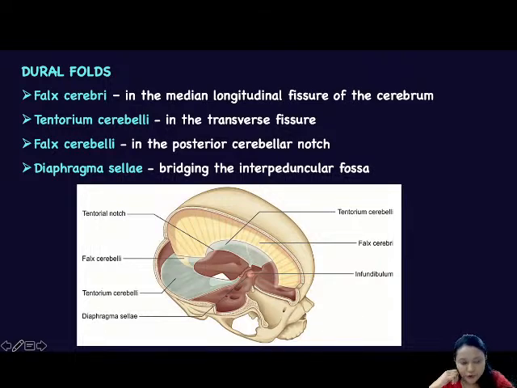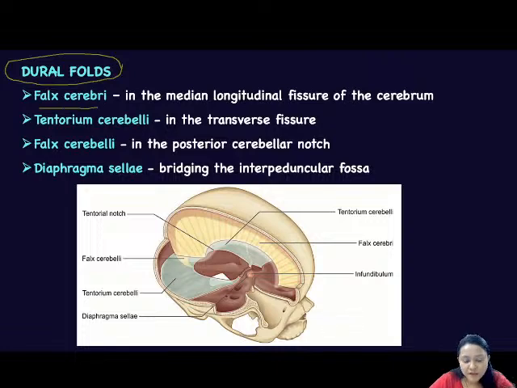Okay, now let us come to the dural folds. What are the dural folds? The dural folds are of the following types. You have a dural fold that is known as the falx cerebri. Now, if you have to orient yourself with this diagram,